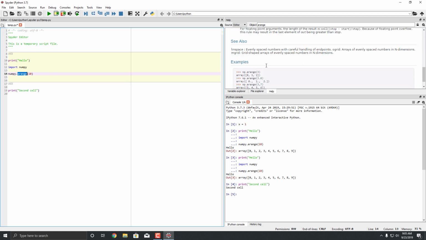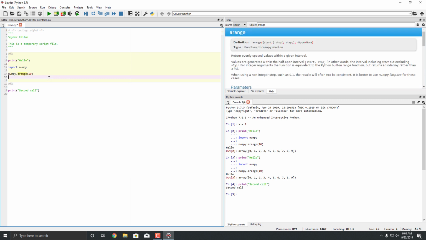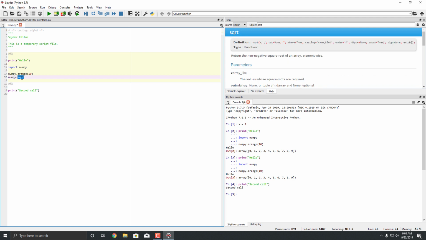Depending on the quality of the help file, we can actually see things it's related to. And then finally, we of course can see some examples. So these are all useful things to have. I can do that for any function. For example, if I just type numpy.sqrt, which is the square root function, and again, press Control-I, and immediately the help browser will jump to square